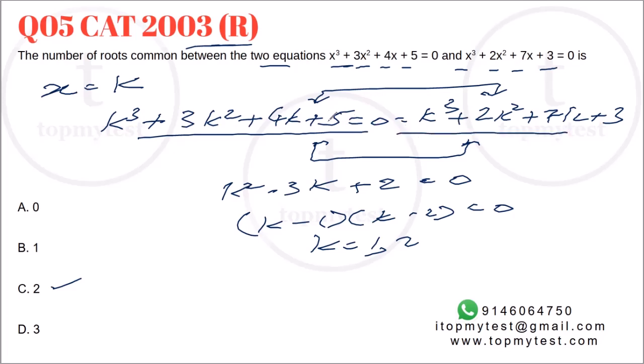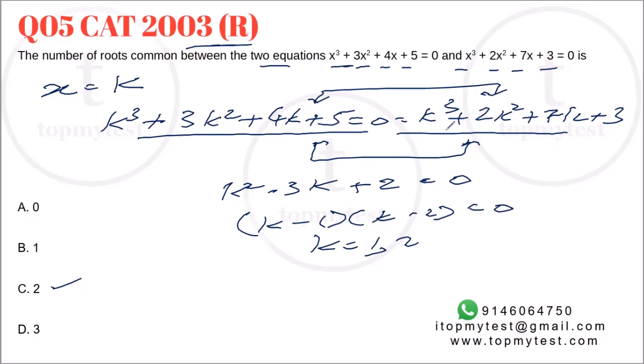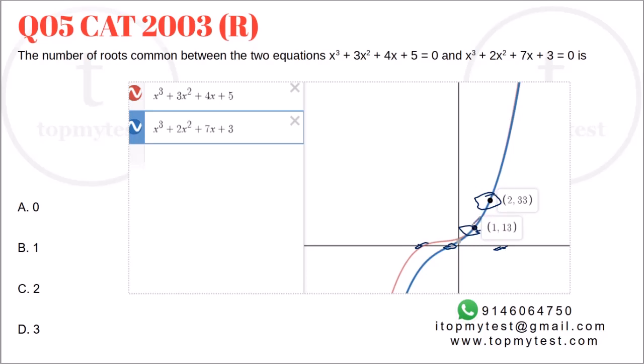This is a very common mistake that people make. If you actually plot these two graphs, you will get this. We have found the intersection point of these two graphs. Now, if it was a common root, then the intersection point of those two graphs would have intersected on the x-axis. That is when it will be a common root. You have just solved these two equations, which doesn't make them equal to 0. You also need to check whether these two are also equal to 0. We have found the cases where both the equations give you the same value, but that value may not coincide when y is equal to 0.